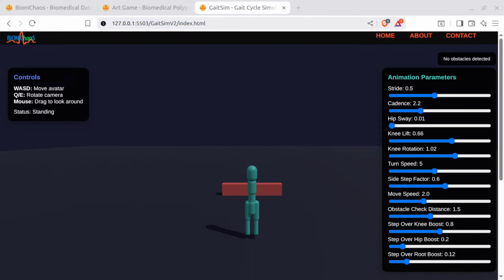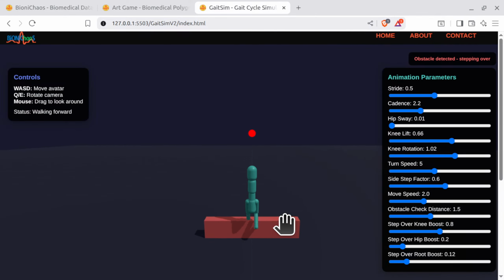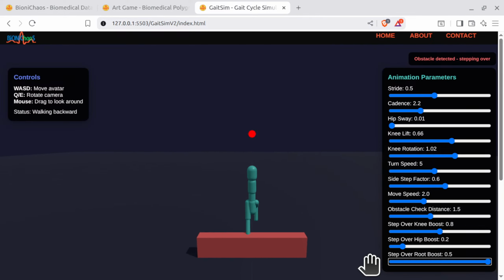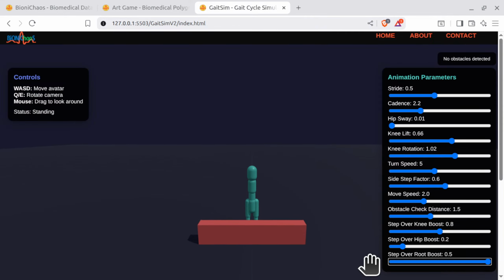Made changes. The code is now updated so the avatar cannot stand still inside or on top of the obstacle. If movement input stops while inside, the avatar will automatically keep moving in the last direction until it fully exits the obstacle, then return to normal walking. This ensures the avatar always walks through and never gets